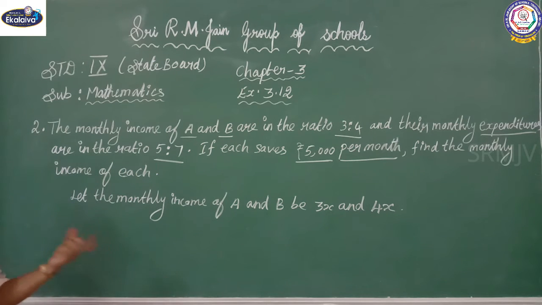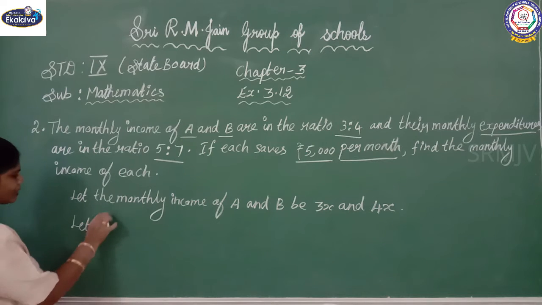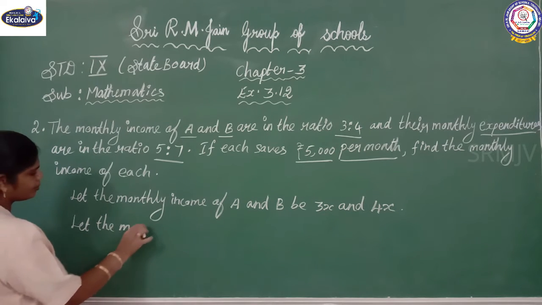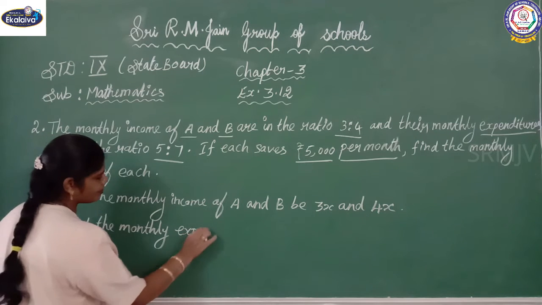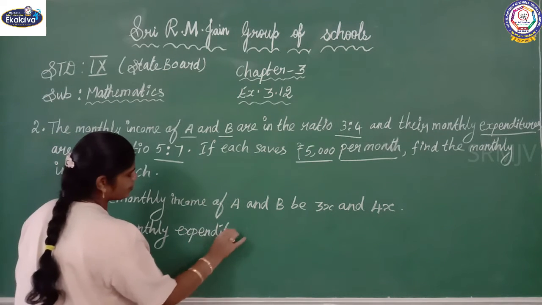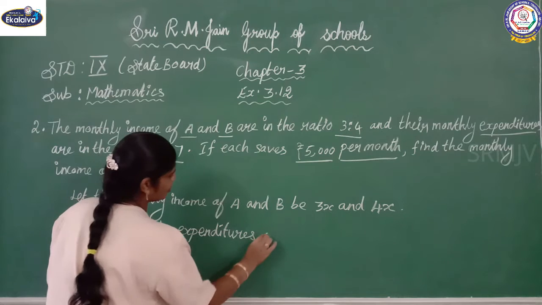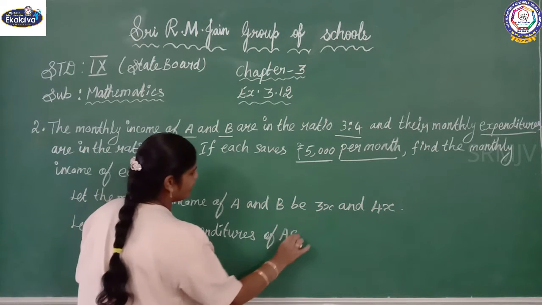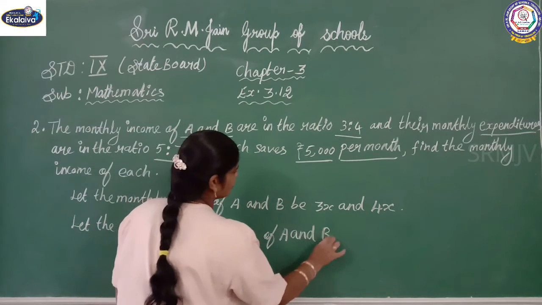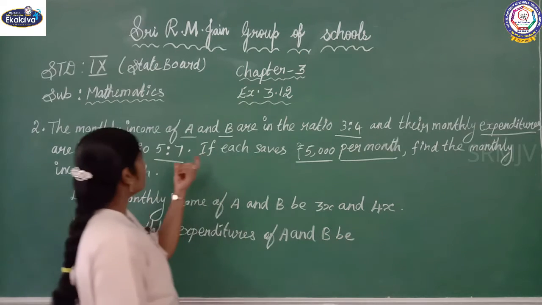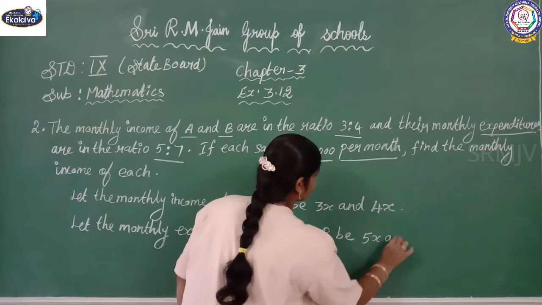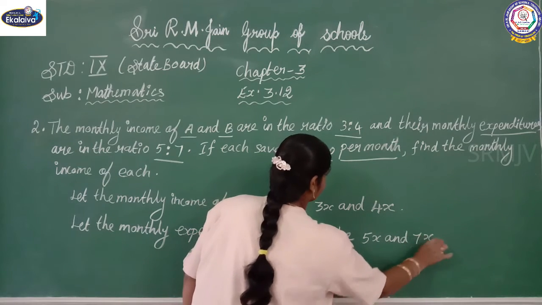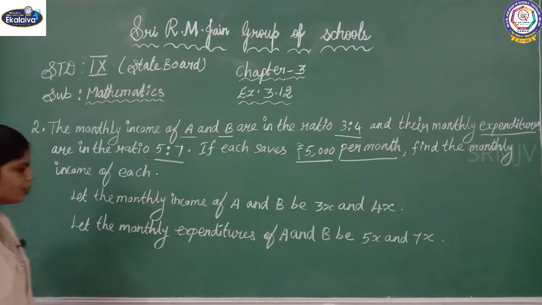Then let the monthly expenditures, with the 5:7 ratio given, be 5x and 7x. So, according to the condition,